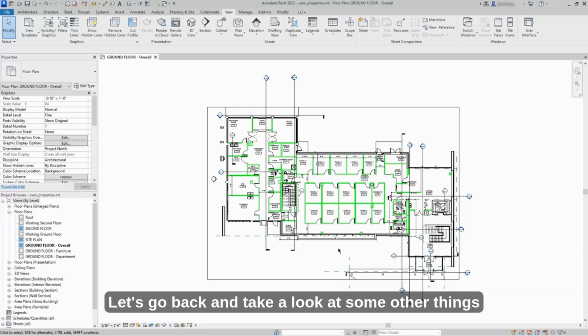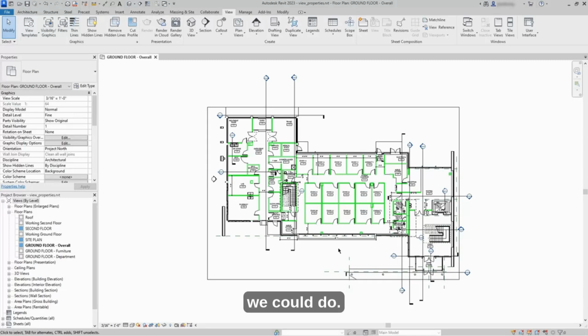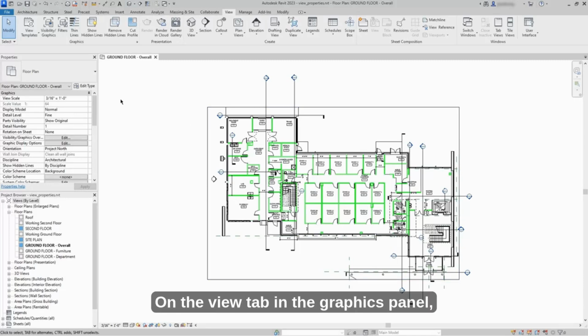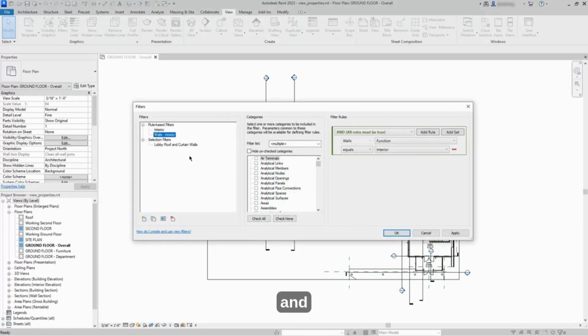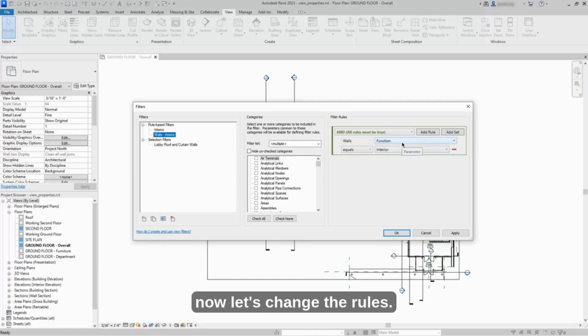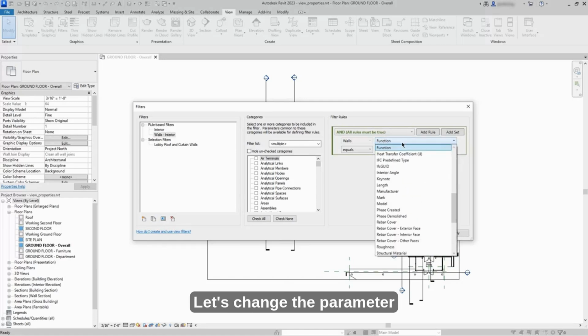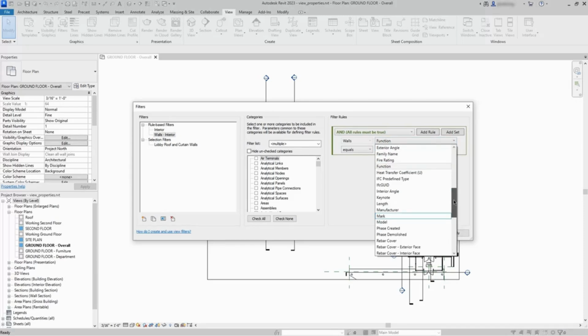Let's go back and take a look at some other things we could do. On the View tab in the Graphics panel, click Filters again, and then let's select the Walls-Interior filter. And now let's change the rules. Let's change the parameter to type name,